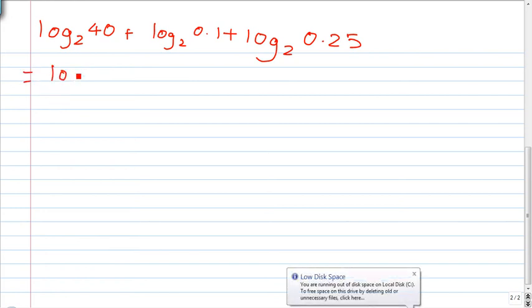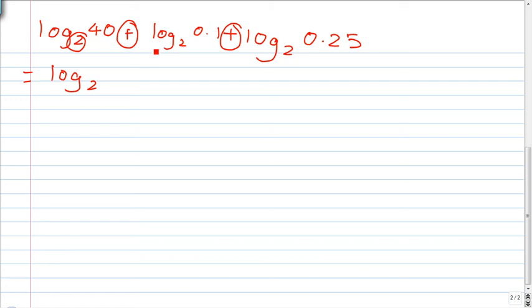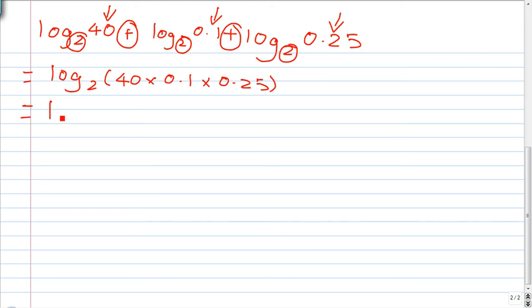What you will get is log, since they're all pluses and since they're all of the same base, you realize that you can just multiply this, this, and this together. So you can just multiply 40 times 0.1 times 0.25. What you get will be log, the base stays there, 40 times 0.1